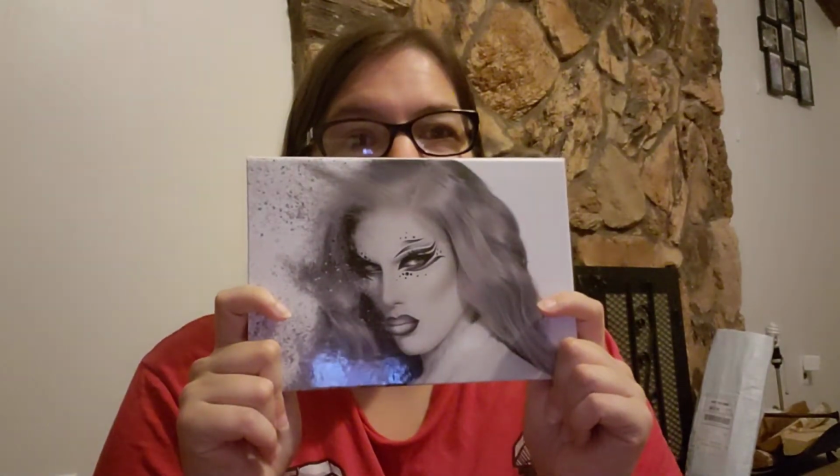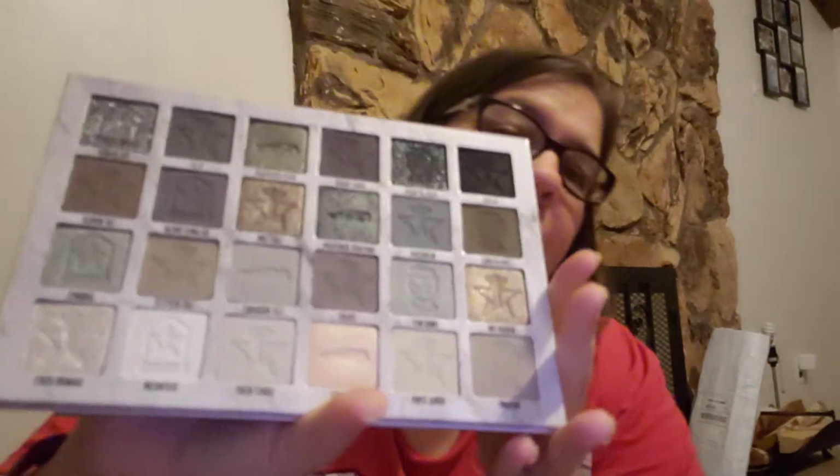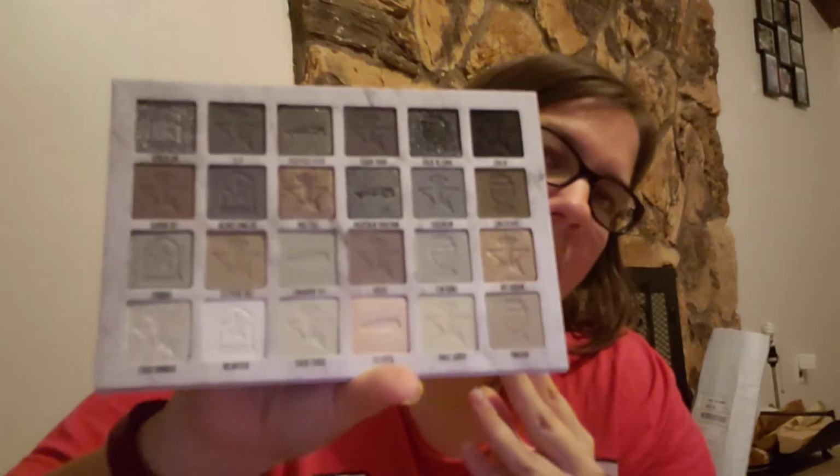My number two palette should be no surprise to anybody, and it is Cremated. This would be number one, and Alien would be number two if Alien was not discontinued. So, Cremated is my all-time favorite. Well, Cremated is my number two. This is Cremated. It's all grays and